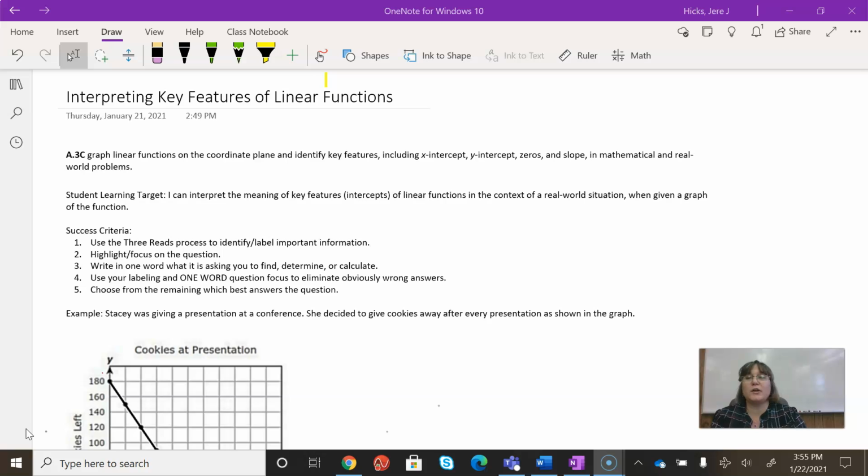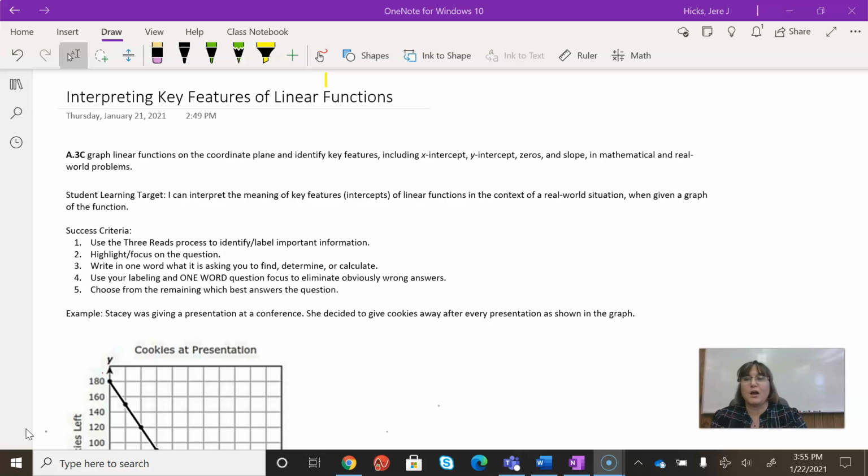This is our lesson on interpreting key features of linear functions. Our student learning target is I can interpret the meaning of key features. We're focusing in on intercepts today of linear functions in the context of a real-world situation when given a graph